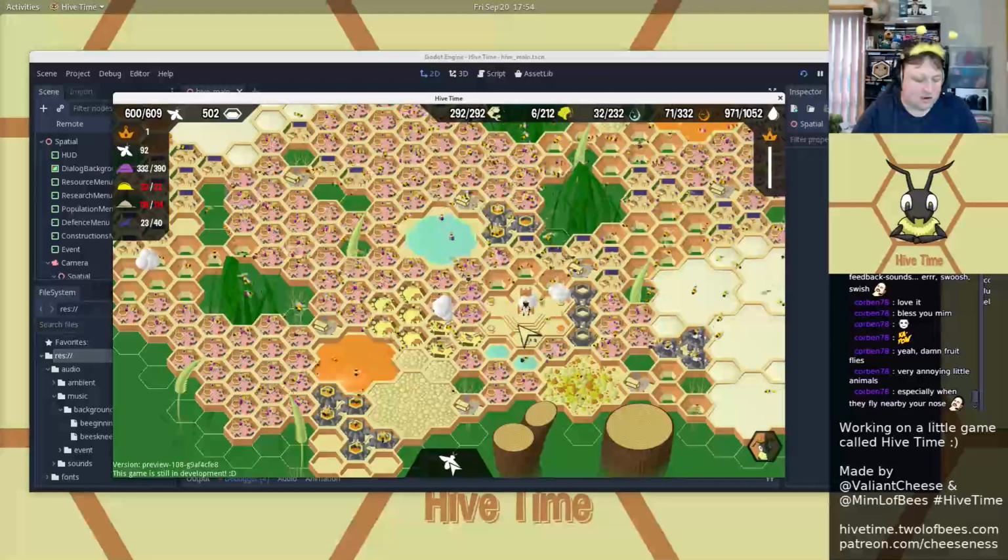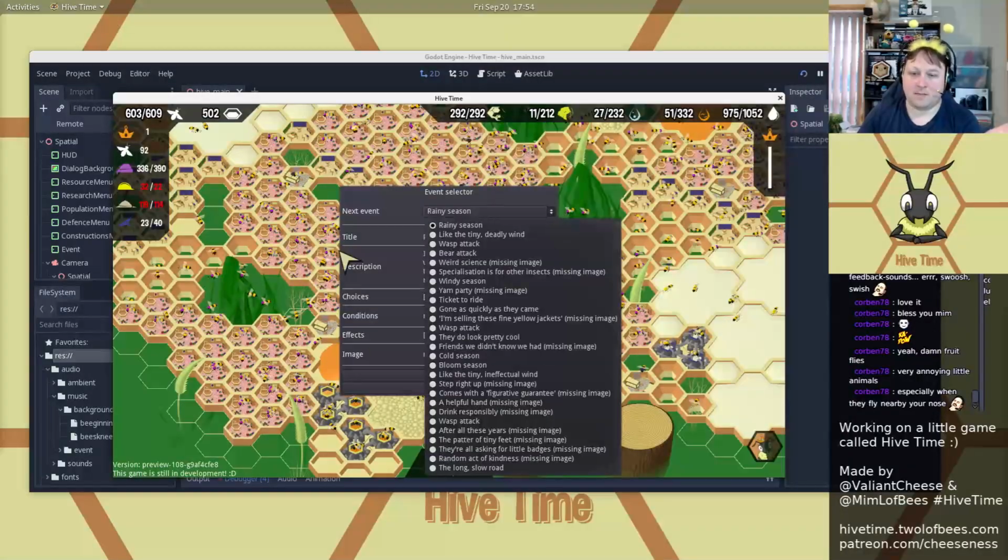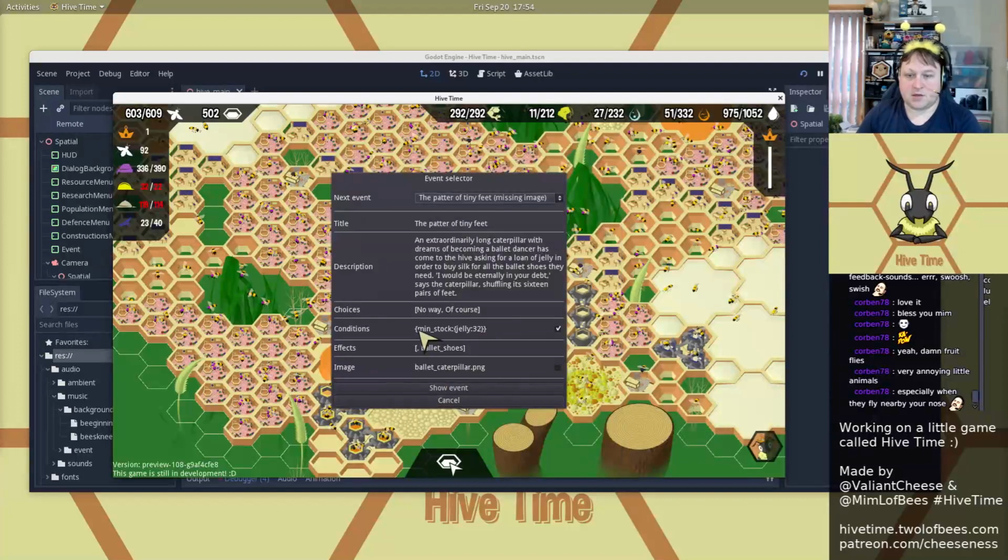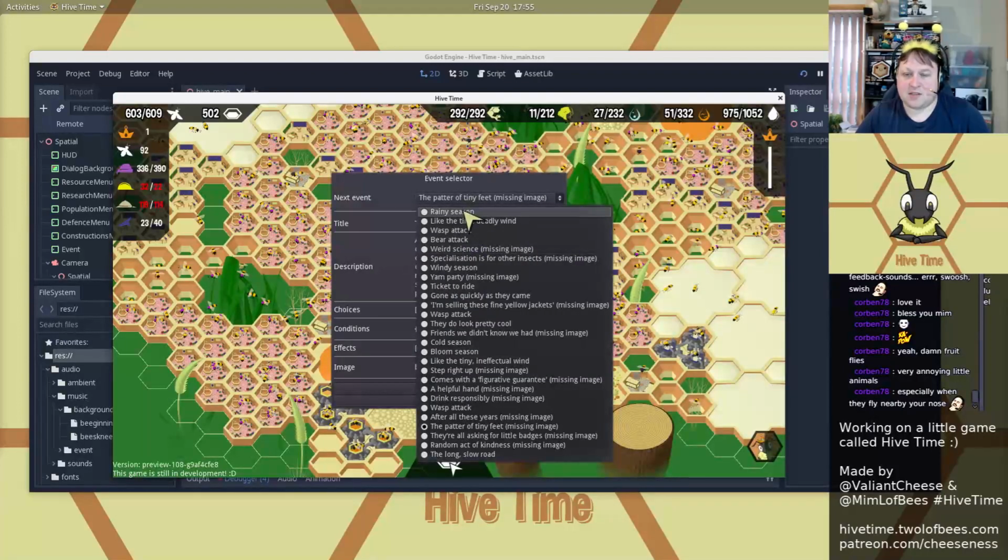I need to rework things. One of the things I'm going to do is rework the way that the event conditions work. Let's pick something, like the caterpillar event. You've got to have at least 32 jelly. We've met the conditions for this, but in the list of things, I think at the moment rainy season is next. I guess it'll try that, and if that doesn't work, then it will wait and then pick another one at random,